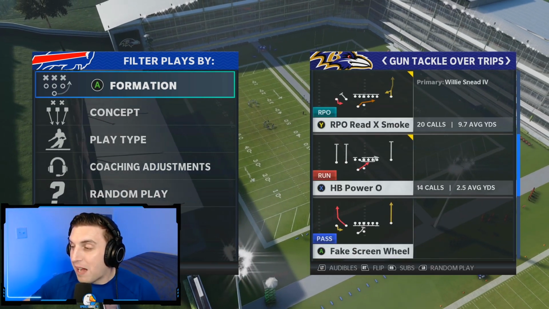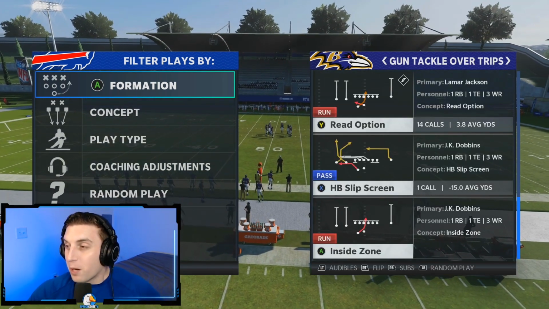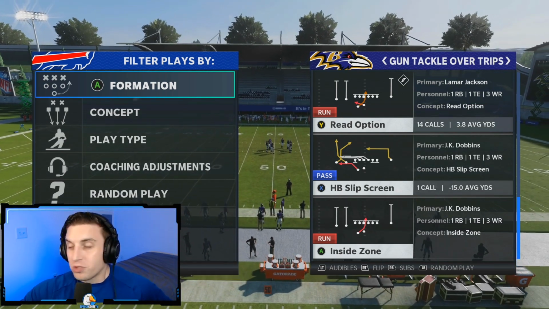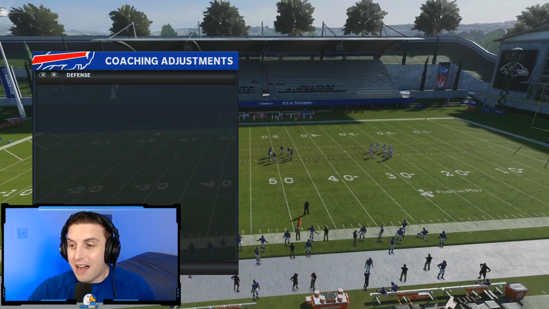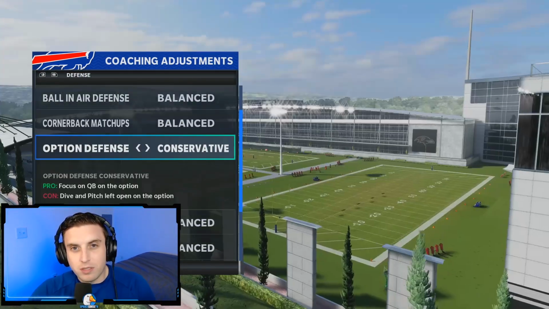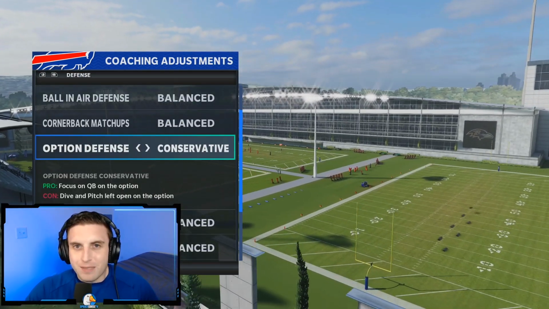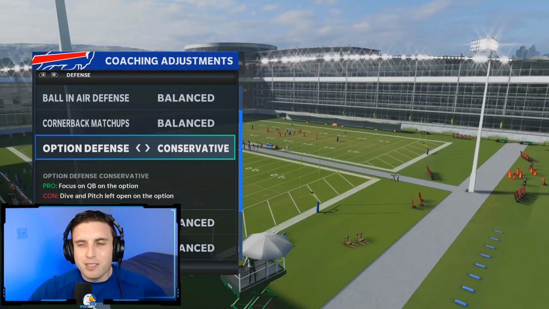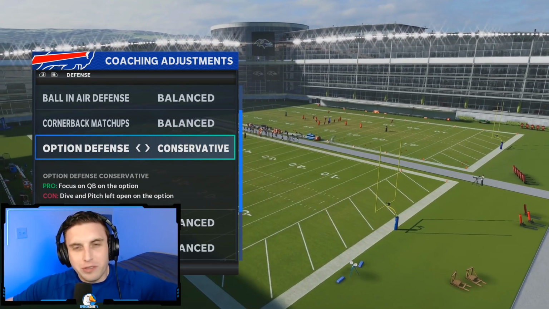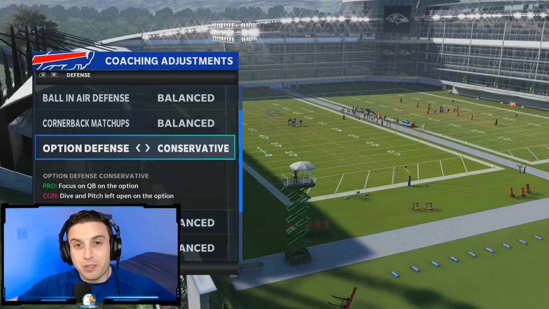But for now, we're going to come out in the play read option, and we're always going to have our doubles receivers to the wide side of the field. Now, on defense, in my coaching adjustments, I have the option defense set to conservative. If you're playing a halfway decent player online, they're almost always going to set the option defense to conservative. And so I just want to give you guys a realistic look at what these plays will really look like